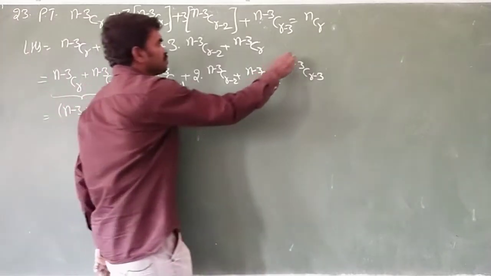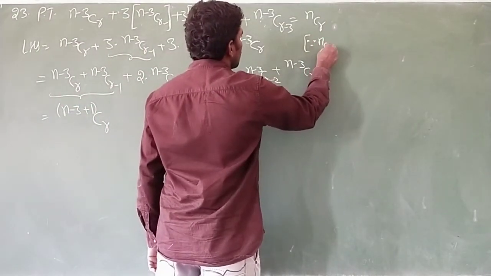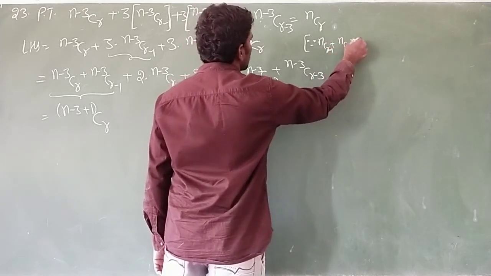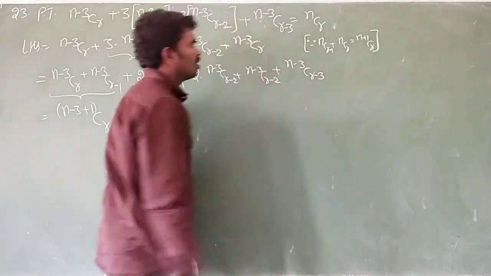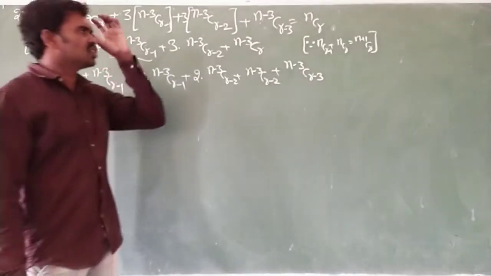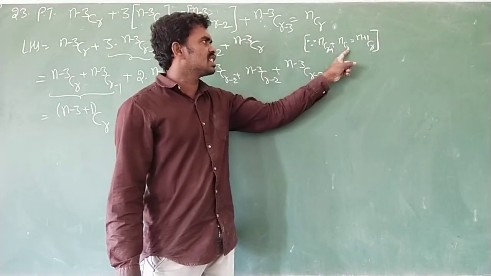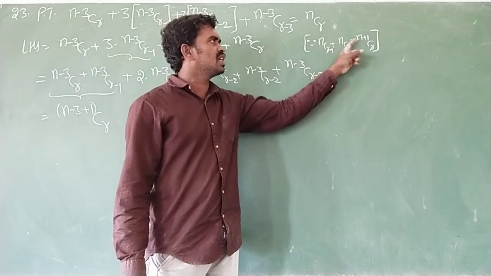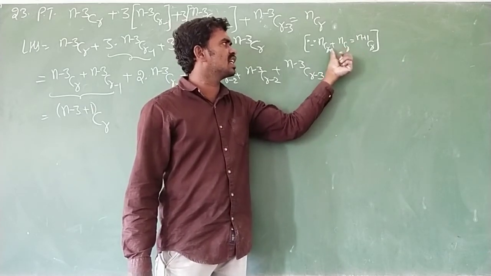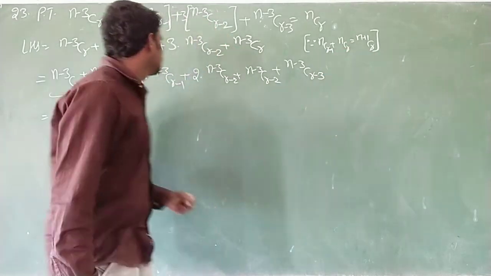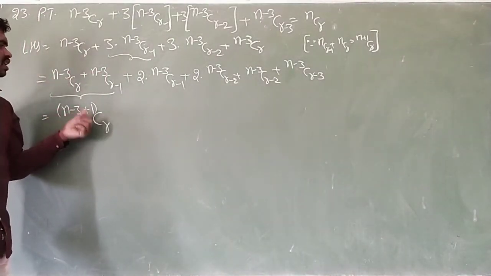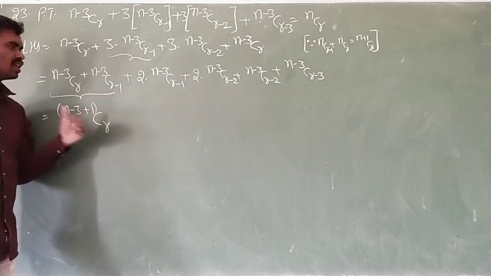What is the formula? nC(r-1) plus nCr equals (n+1)Cr. This is the formula. So based on that, we should think: if both are the same, one is greater and one is smaller, then the formula is the same. We can add 1. In these two, which is the greater value? Small r is greater. Similarly, here both are the same, so we can write plus 1 addition, and in C(r-1), which is bigger? r is bigger. That's it.